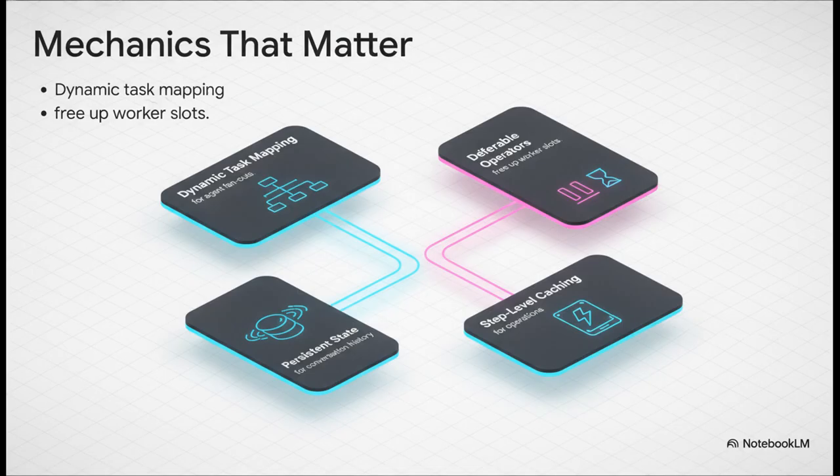Look, agents usually work like a multi-step black box. If an agent has, say, 5 tasks and one of them fails, you definitely don't want the entire agent rerunning from scratch, right? That's just a waste. Dynamic task mapping allows a task to fan out into multiple subtasks. So if one subtask fails, the retry only applies to that specific piece. That gives you massive transparency and saves so much execution time. Plus, deferrable operators are a massive blessing. When you're waiting for a long-running AI tool call or maybe a human-in-the-loop approval, there is absolutely no need for your worker node to hold onto that slot. It frees up resources, which is a huge advantage when you're scaling up.